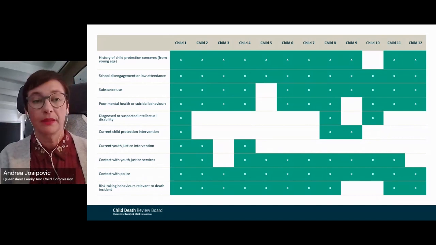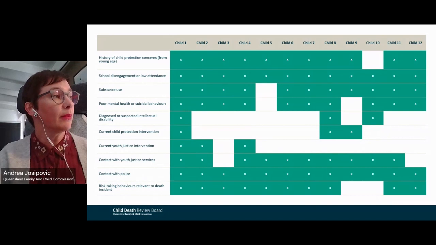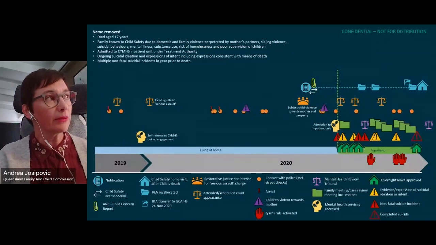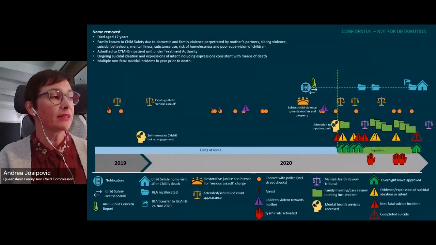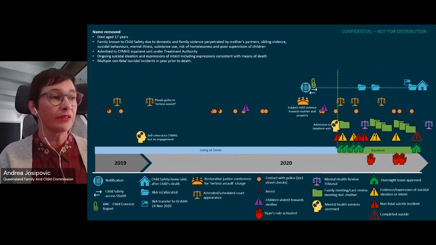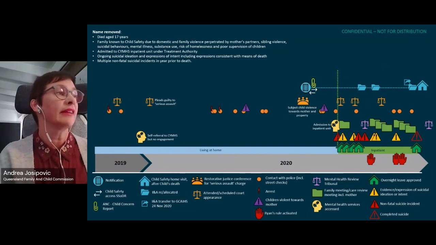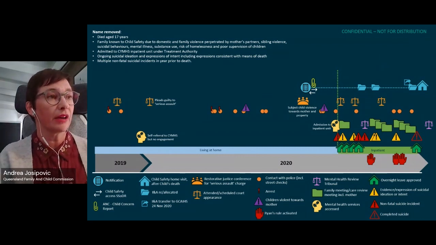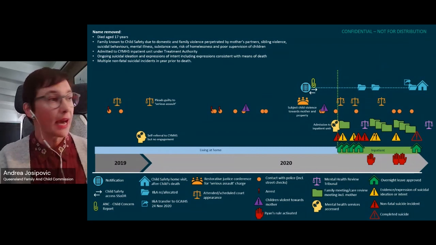So moving on to the timelines. This is what they look like. Obviously, these are de-identified, but they provide a bit of a trajectory around the review period that we look at. And then there's information around where the systems engaged and had some overarching